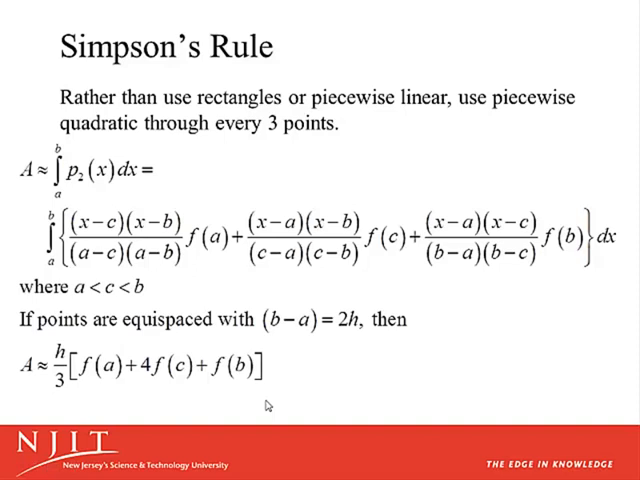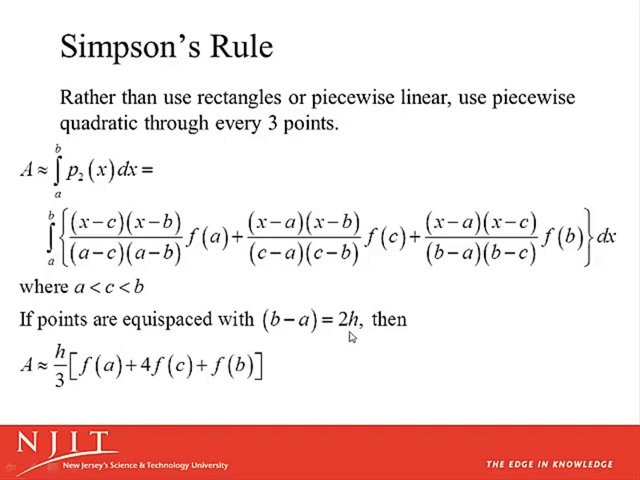Well, rather than using piecewise linear segments or rectangles, we can use piecewise quadratics through 3 points. And we can write out our Lagrange polynomials, and we can integrate from a to b, and if we have points a less than c less than b, so we have 3 points on the interval, and if the points are equispaced, we'll say that the x value at the right end minus the x value at the left end is 2h, so the distance between b and c is h, the distance between c and a is h, and so the whole width of the